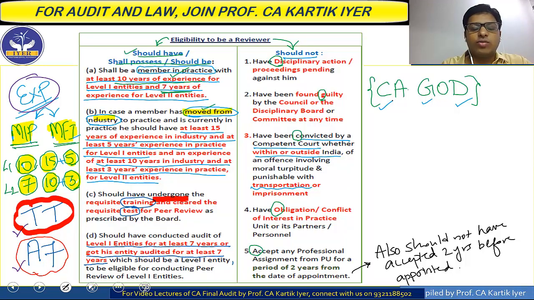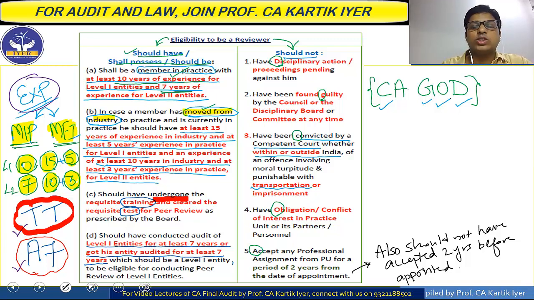So basically, if there is any conflict of interest, or if, let's say, the practice unit is of my wife, and if I am going to become the peer reviewer, I will not say anything wrong regarding that, because I have to stay in my house. Are you understanding? That is nothing but having an obligation or conflict of interest in the practice unit. That is nothing but your O. Simple. At the end, I have mentioned: accept any professional assignment from the practice unit for a period of 2 years